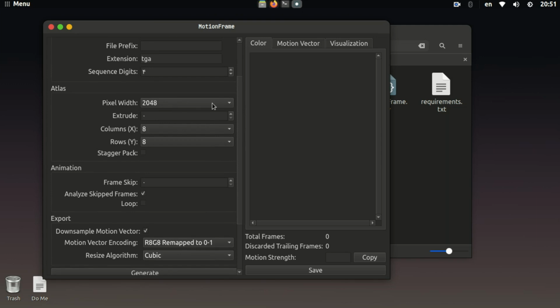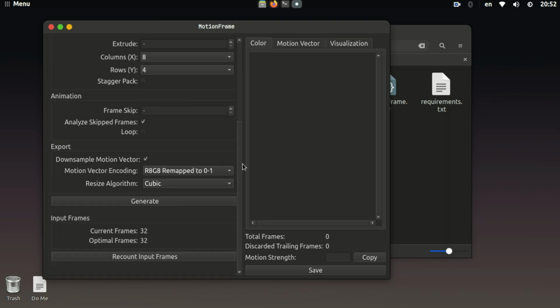We have 32 frames, so that's going to be an 8 by 4. So we're going to have 8 columns and 4 rows, and we're going to need to set this to 4096. And then you can check loop if your animation is looped, but ours is just an explosion, so we're good to go. Let's just press generate,